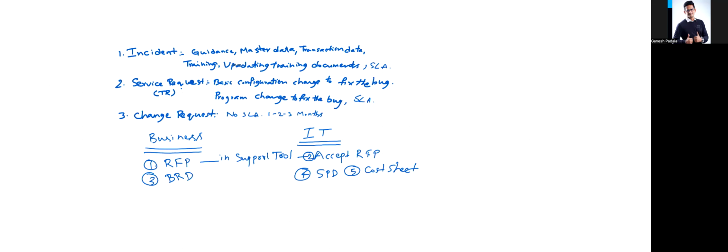So the cost sheet you prepared, you share with the business, and everything must be signed off. Once sign off and approvals are completed, then you are going to